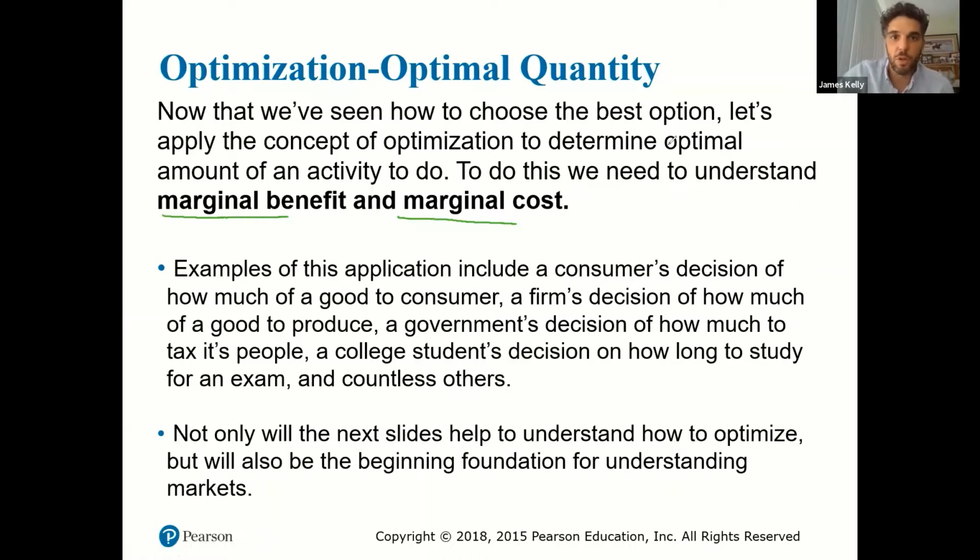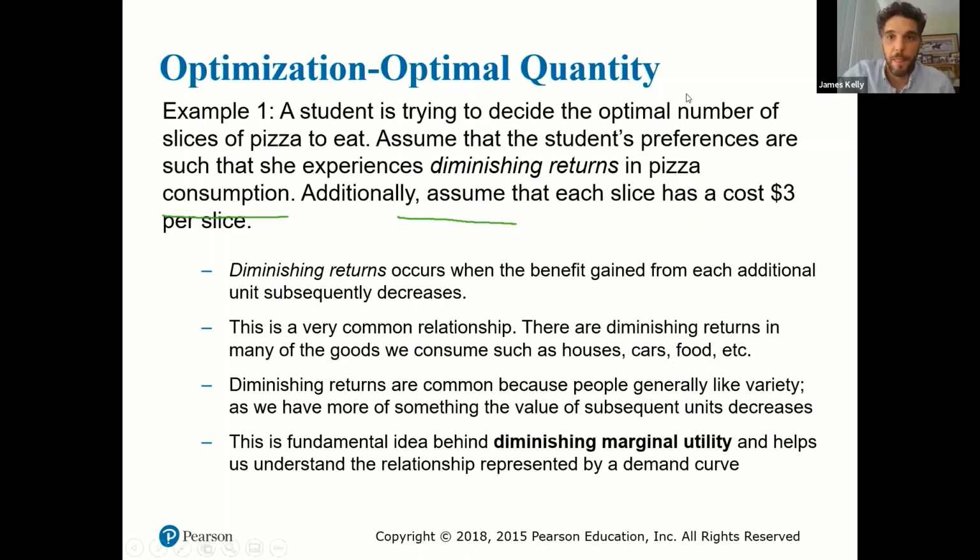And we'll start with marginal benefit. And in understanding the marginal benefit, we have to first understand this idea of diminishing returns, which leads to diminishing marginal utility. And so when we talk about diminishing returns, really what I mean is a relationship where if we have, let's say,